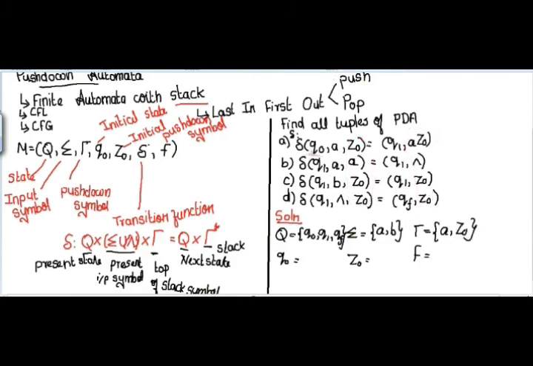The initial state is in the first transition. Here in the first present state I have used Q0, that is my initial state. And the initial pushdown symbol is in the first transition. In the place of the stack I have used Z0. So this is my initial pushdown symbol. And the final state is in the last transition. Here I have used Qf. So this is my final state. And the transitions are already mentioned in the question. So these are the 7 tuples of pushdown automata.